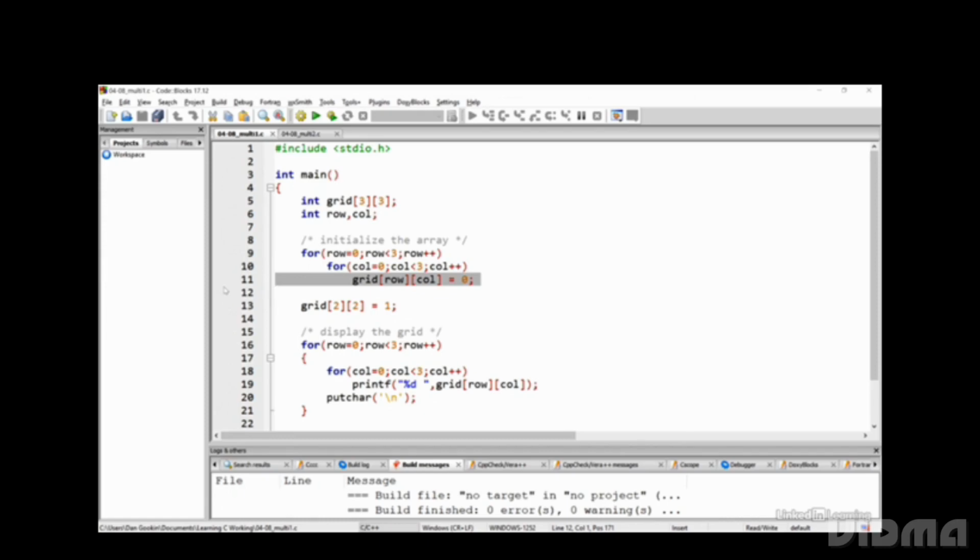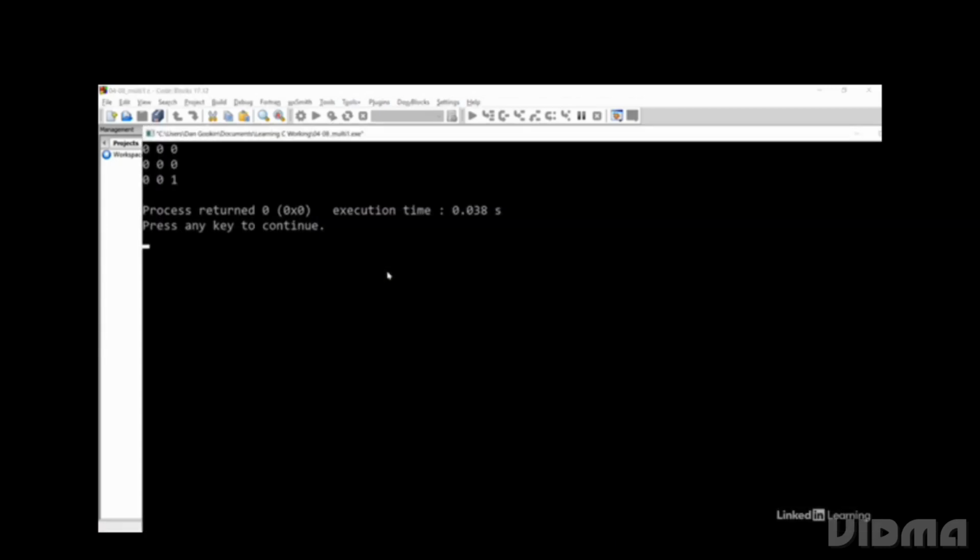Say this grid represents a game of tic-tac-toe or noughts and crosses. The statement at line 13 sets a value in the middle square. The final set of nested for loops displays the entire grid. Build and run. Oops. You see that the 1 is placed in the lower right corner of the grid, not in the middle